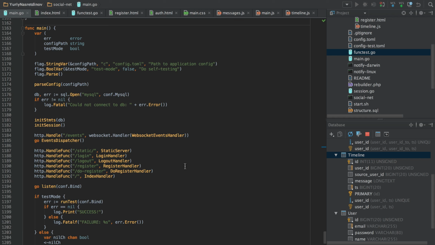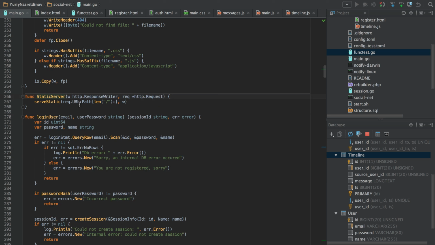The way I would refactor it is to make something like web HTTP handlers, like the static server. For example, when you specify some basic argument list, and then you just process a request and don't really care about channels that are used for internal communication.